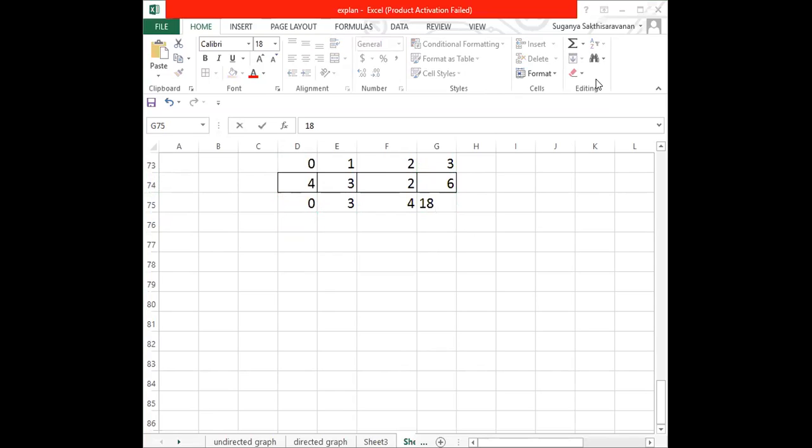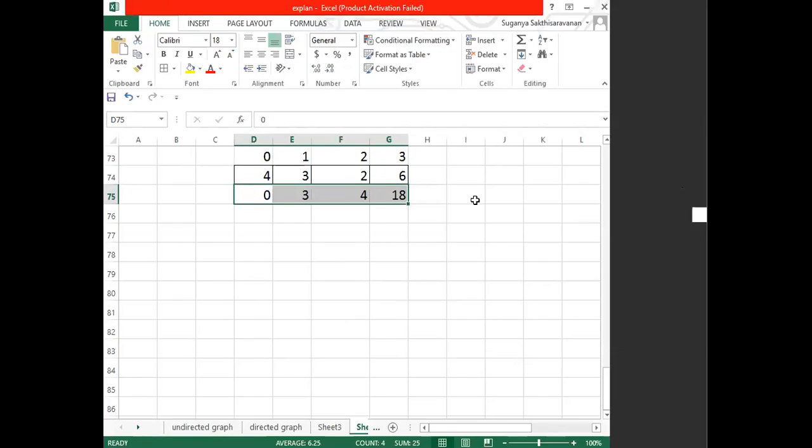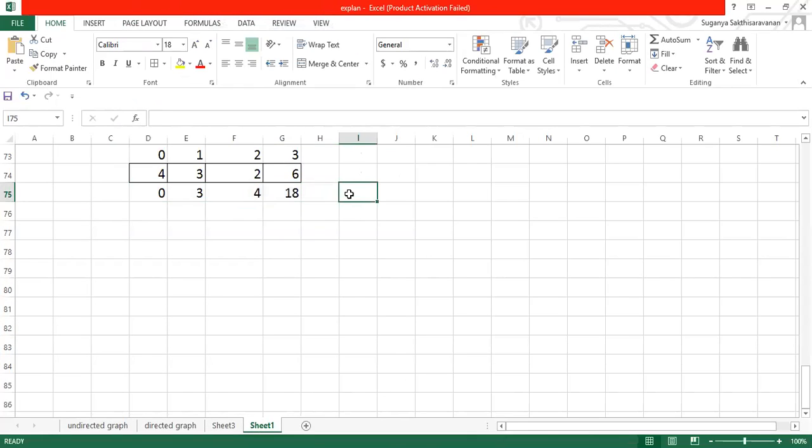This is followed by the summation of these values, which we store separately. The summation has been stored as 25. Keep it aside. This is one calculated result.